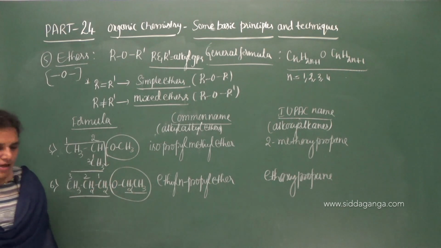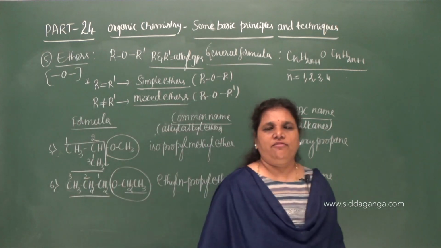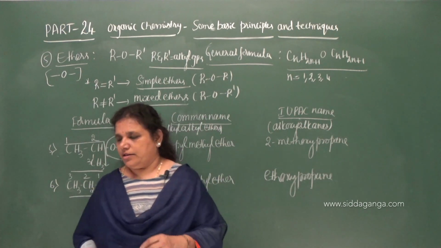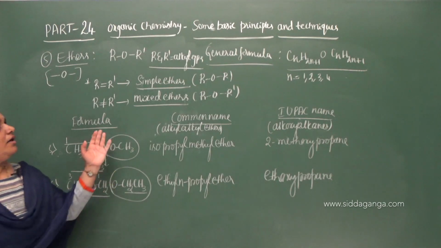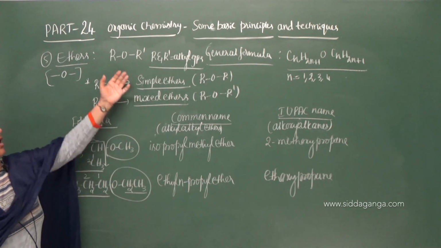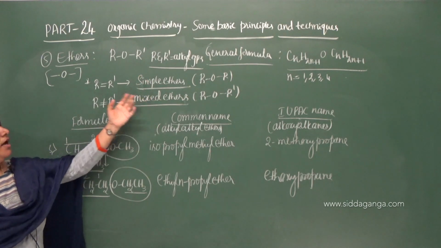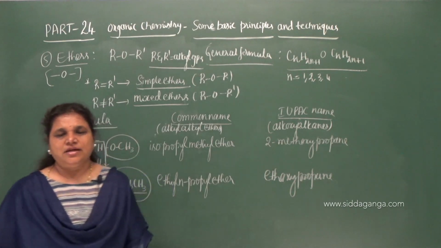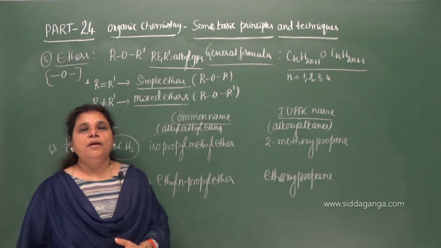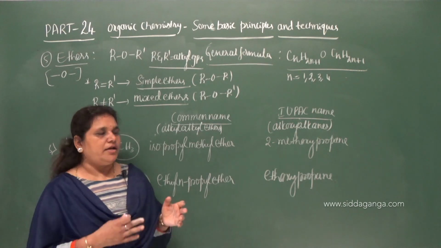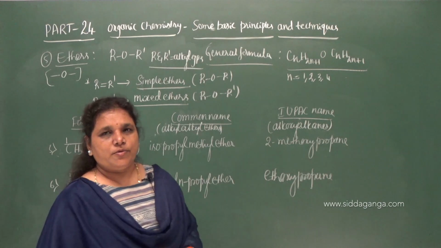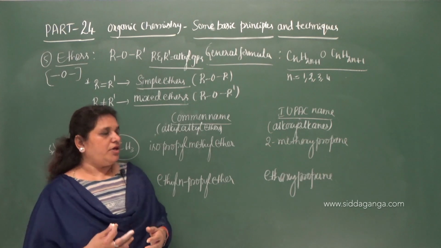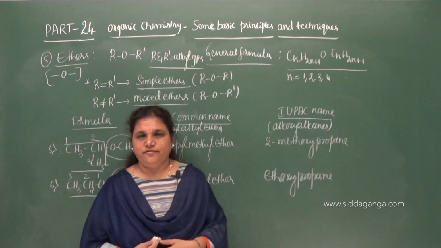So this is the class of organic compounds where we have a functional group O, and it is a non-terminal functional group, and the class of the organic compound is nothing but the ethers. They are classified as simple and mixed ethers depending on the nature of the alkyl groups. When they are the same, they are called simple ethers. When the alkyl groups are different, they are called mixed ethers. Okay, so I'll give the next class of compounds in the next class. So note down these compounds separately and try to give the common name and the IUPAC name by yourself once you